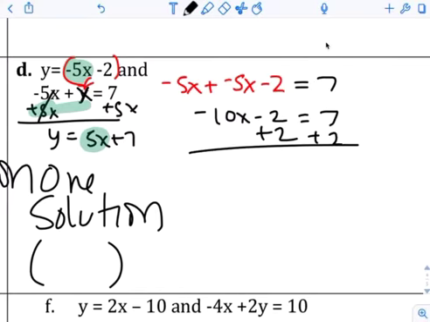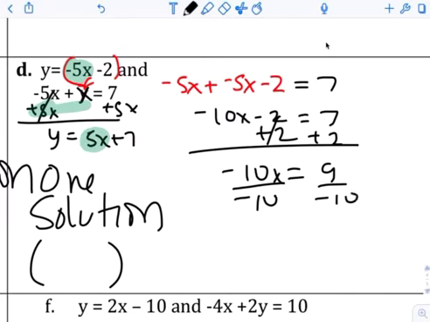Wow, why is it so messy? It's a fraction. X equals negative 9 over 10, so negative 9 over 10 is your x. To find y, substitute it in